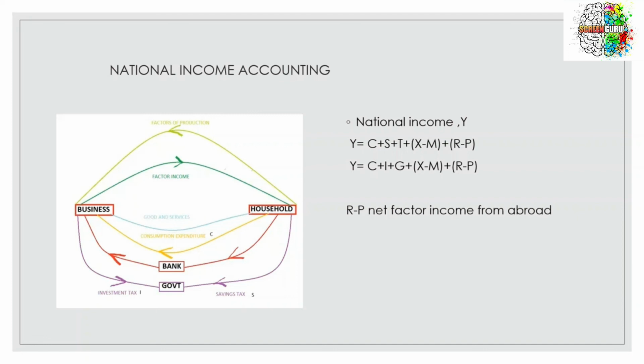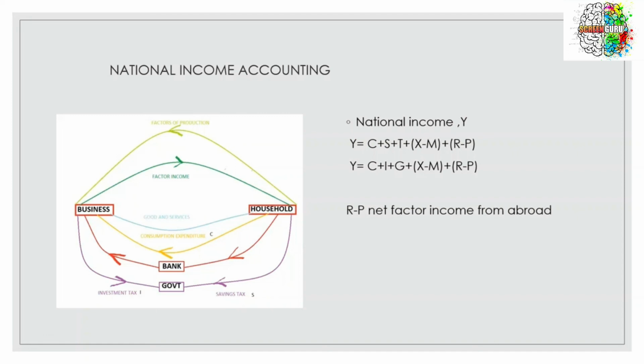Okay, which can be in the form of, like, you're going to a foreign country, visiting there and spending money there, or it can also be that a foreigner is working for your country here but will be taking the payment there, or a foreign corporate is working here and will be taking their payment to their country. So that is what R minus P is. So that can also be said as Y is equal to C plus I, where I is the investment done by the businesses, plus G, the government expenditure, plus X minus M plus R minus P.